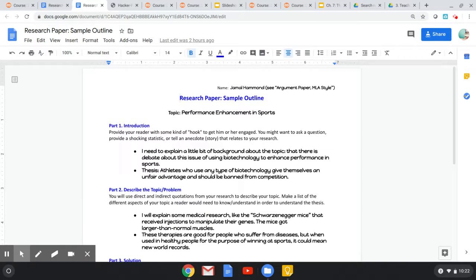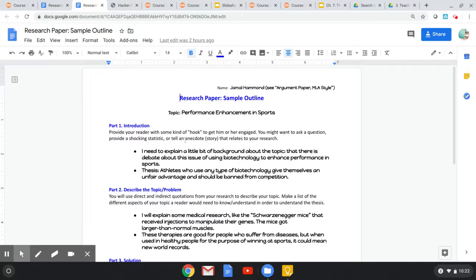So what I did was I created an outline based on that paper, and you'll see that this sample outline has the 4 parts that you're going to be using for your own outline. There's part 1, which is the introduction. This is where you're going to provide your reader with some sort of hook, some sort of interesting thing to